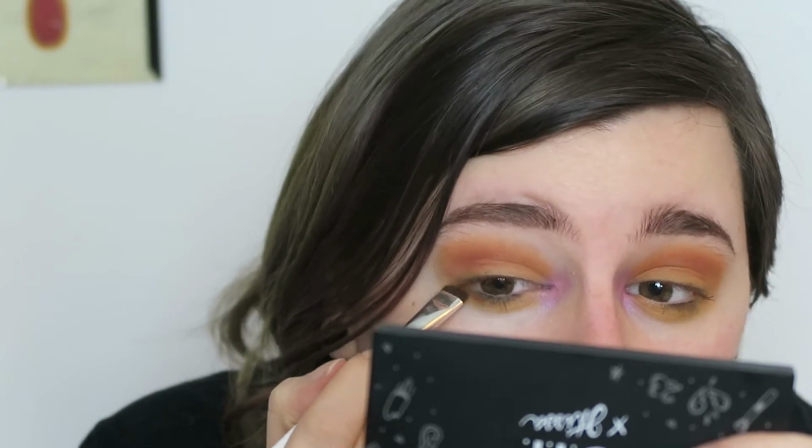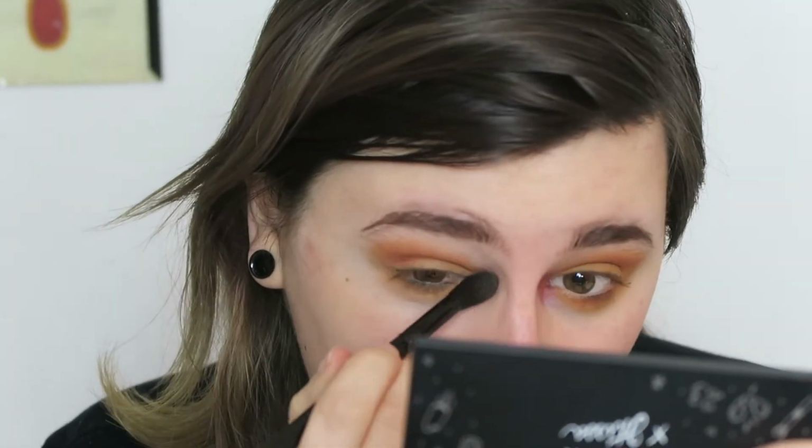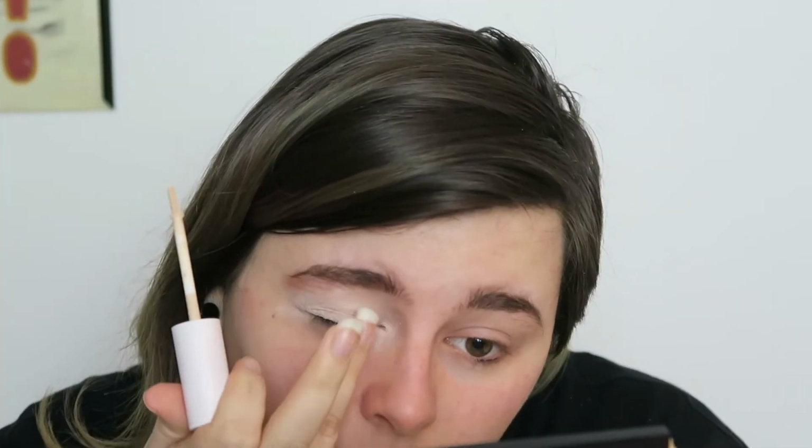And then I'm going to take the crease, excuse me, smudge brush with a little bit of that red on the tip and run it along. I may just ruin this look, and if I do, oh well. I'm gonna pop a little bit of My Moon in the inner corner. Use a fluffy brush to diffuse them together. And I think with this look, because I'm going to use the purples and the blues and the more cool tone colors, it's going to really put the sides to the test as to which one applies better